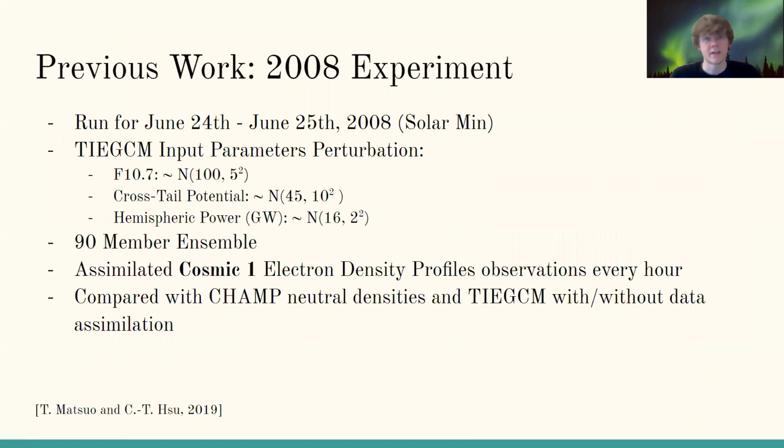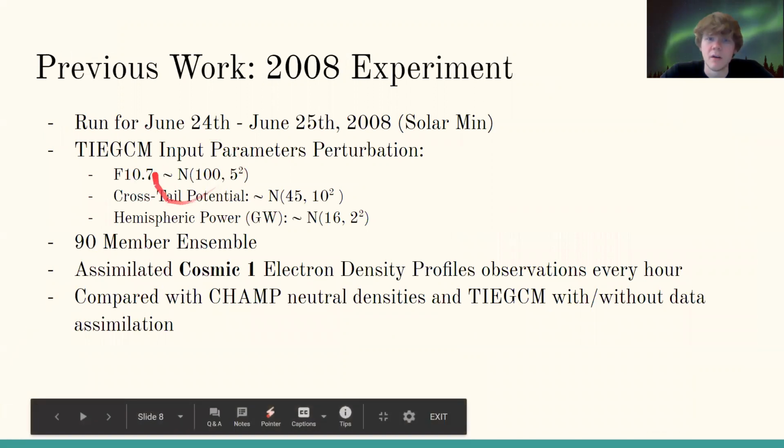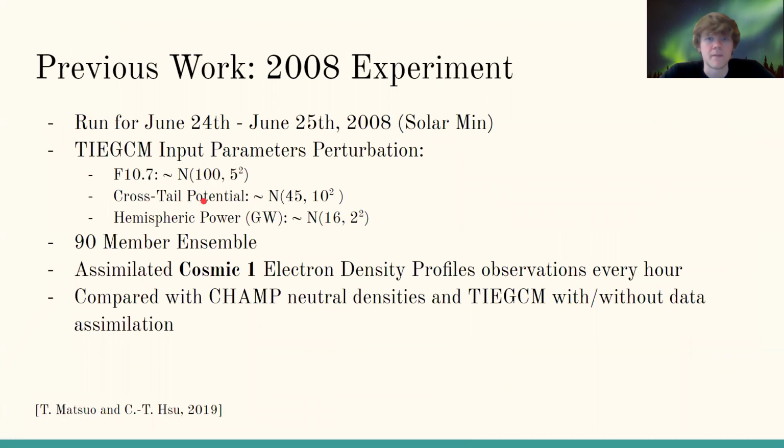So for the actual experiment, a test case by Matsuo and Su was run for a test case at solar minimum in 2008 at some mild solar conditions. And for this experiment, COSMIC1 data was assimilated every hour into a 90 member ensemble. And then the predicted neutral density was then compared against CHAMP neutral densities in order to assess how well the